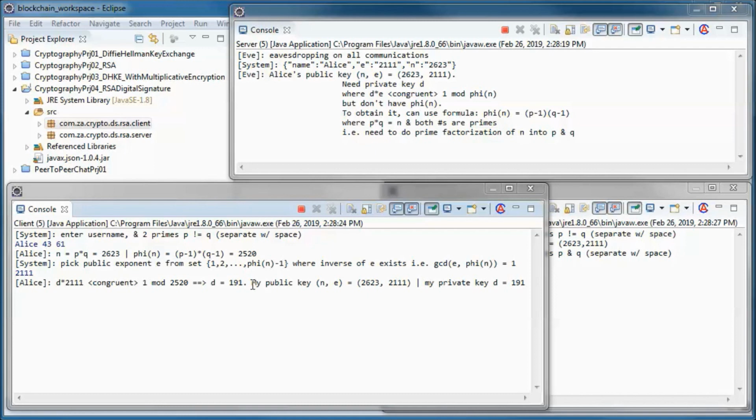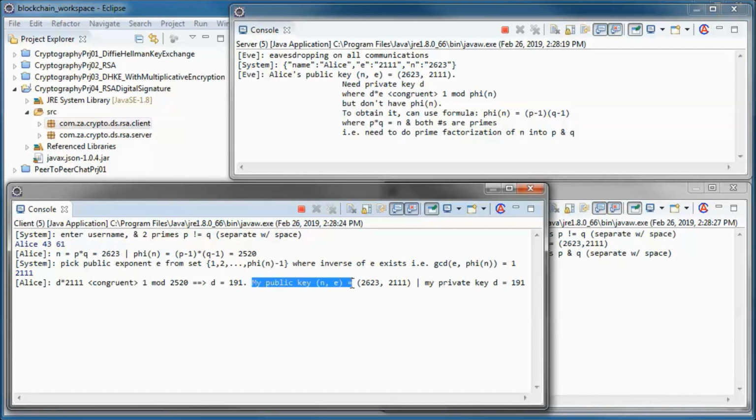So she ends up with this public key made up of n and E, and this private key.